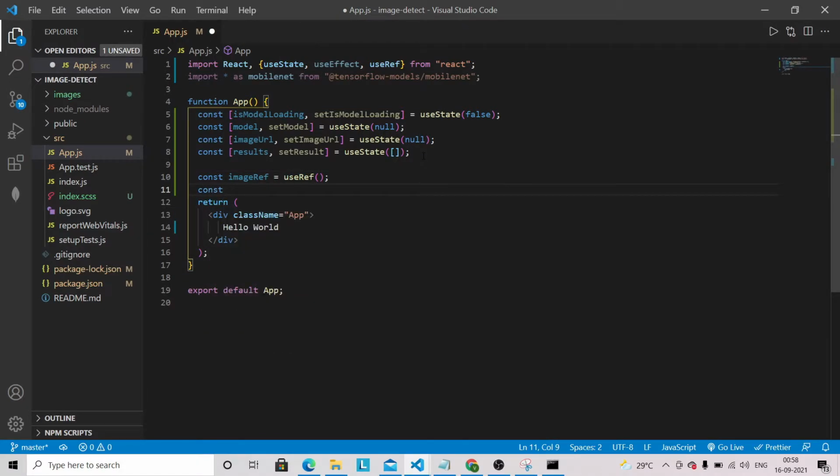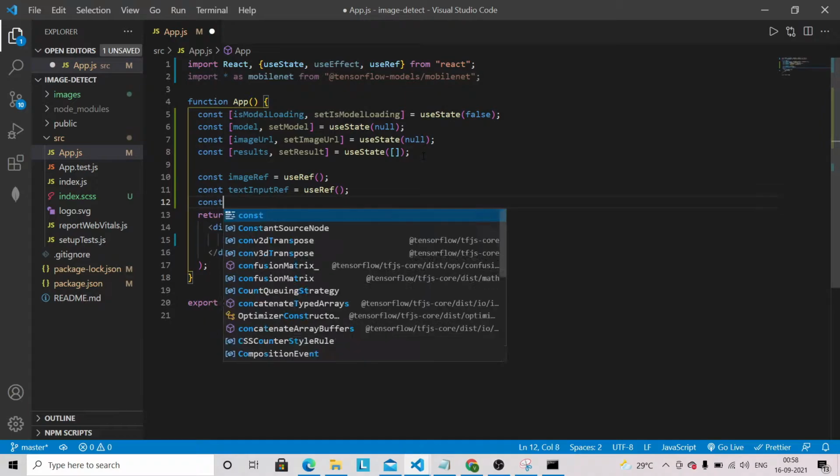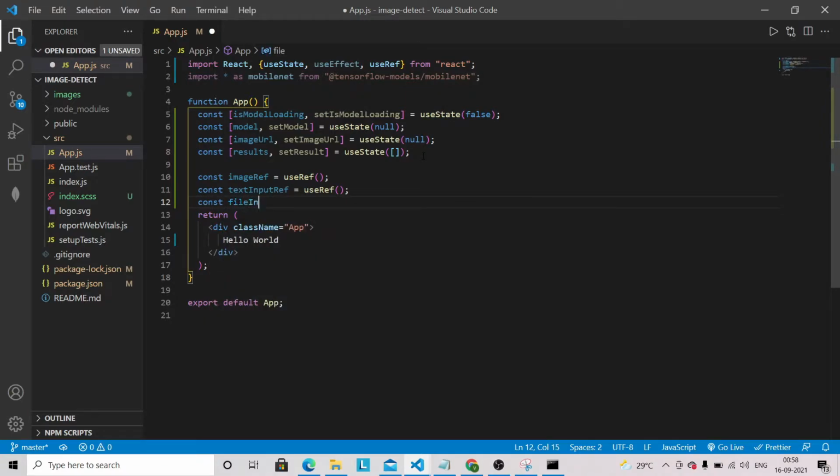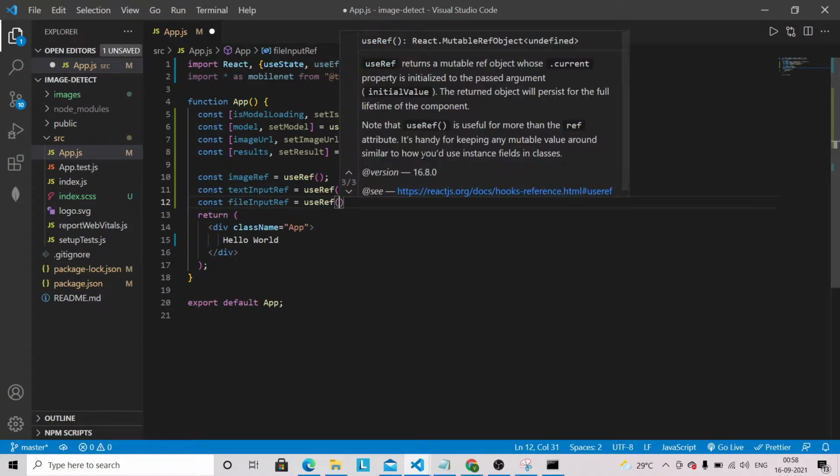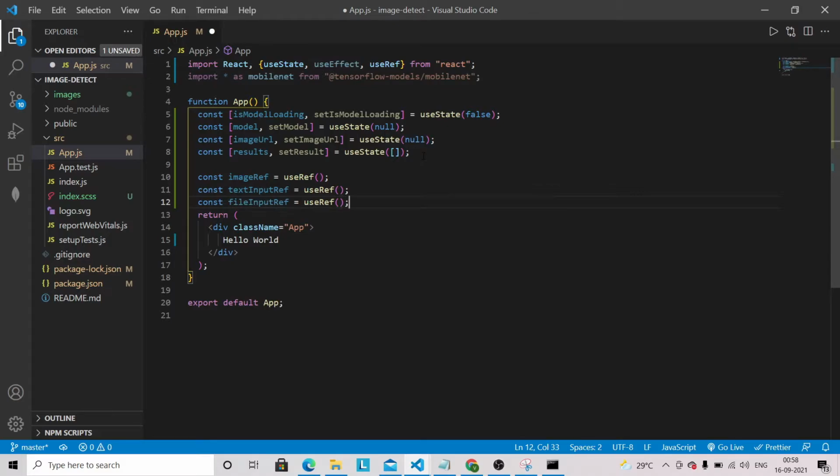We are going to have textInputRef, useRef, and we'll have fileInputRef, and this will also be useRef.